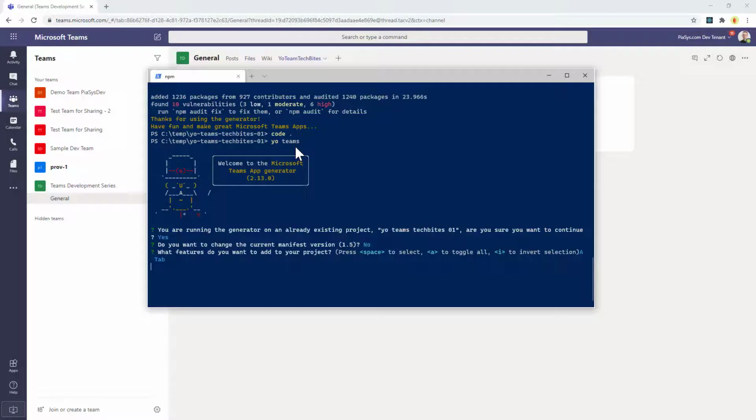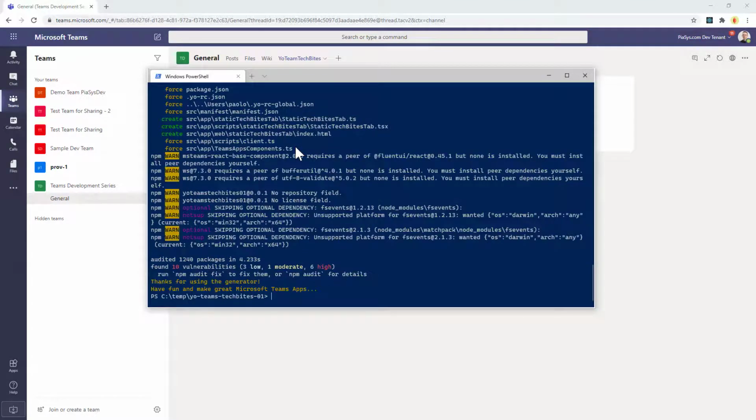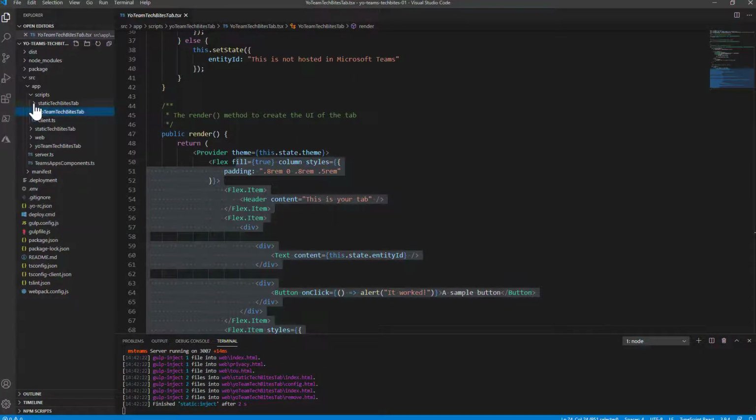And I want to add a tab which right now will be a static one. So the name will be Static Tech Bytes, for example. And it will be a static one, still without single sign-on. So far, in a matter of few seconds, I will have the scaffolding of my new static tab, which is ready right now. And if I go back to Visual Studio Code, we can see that now we have a new folder, which is Static